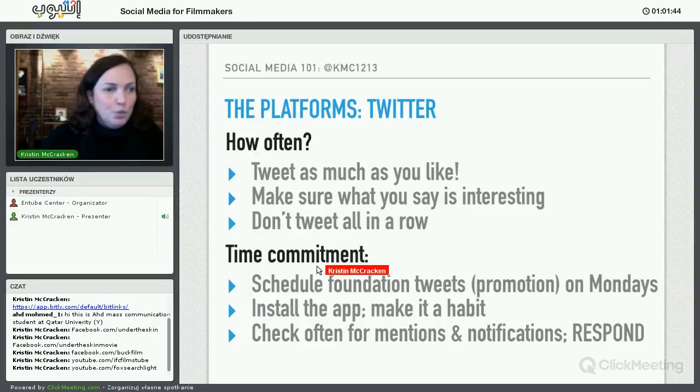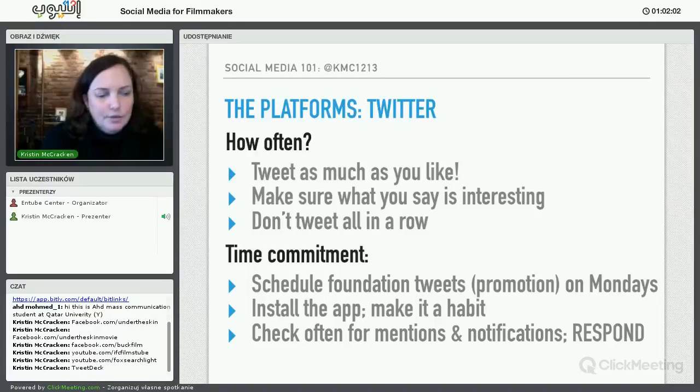I use an app called TweetDeck, but there are lots of other ones. TweetDeck is actually an app I have on my computer. I'm on a Mac, so I have this app called TweetDeck. It used to be a standalone app, but now it's owned by Twitter. It's just the most seamless way to schedule tweets. So you can go in and schedule